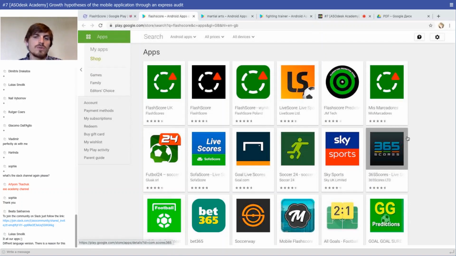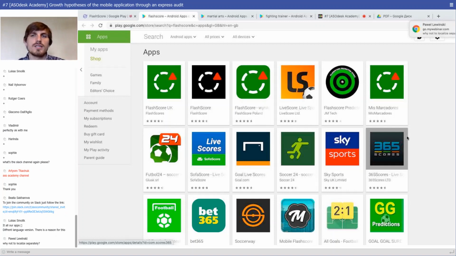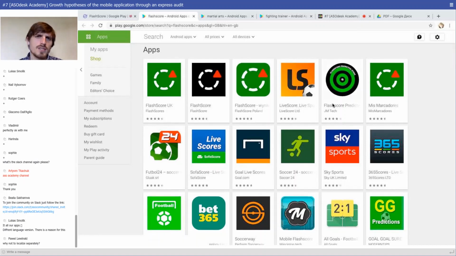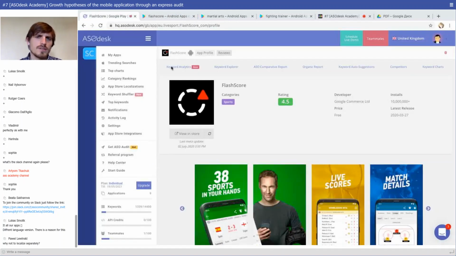When I looked at all the icons at the moment, frankly speaking, I didn't see in this area, my eye wasn't caught by a given